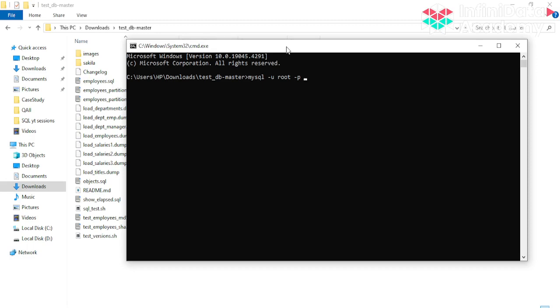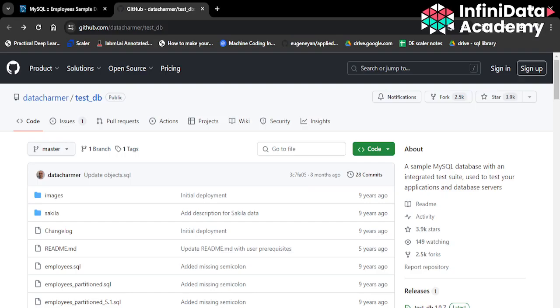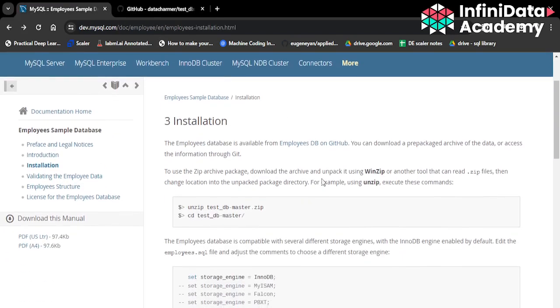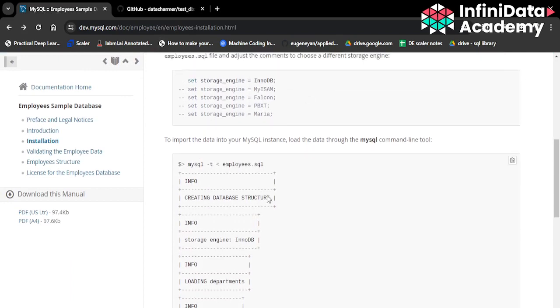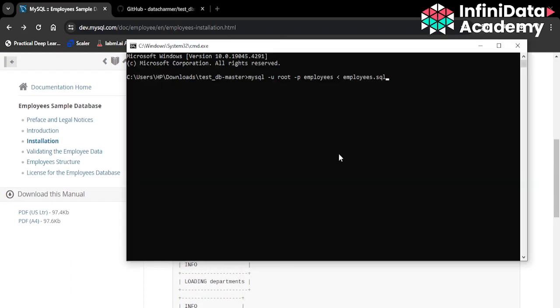And उसके बाद you have to provide your database name, जो आप इस database का name है. So this is an employees data set, so I'll just keep the database as employees, and then we have to provide कि हमें कौन सी SQL script run करनी है. So we are going to run this employees.sql. You can see these instructions are over here also. Like it is telling you to unzip this and then run this employees.sql file. All right, so I will be doing this. It is going to prompt me to enter my password.